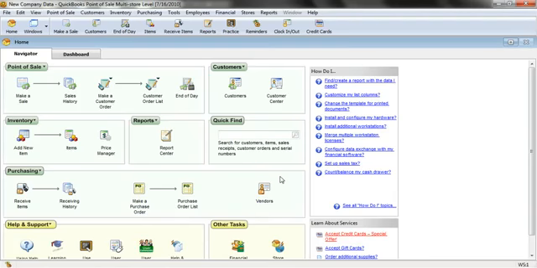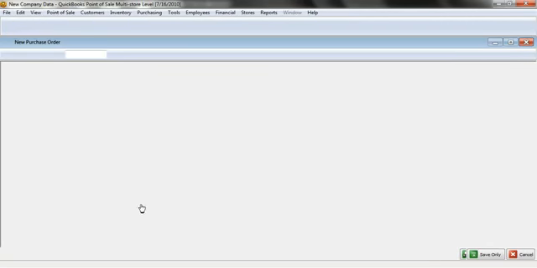All right. So we're going to begin in QuickBooks Point of Sale, and I am using version 9.0 for this tutorial, and then I am using Enterprise Solutions 10.0 on the financial side. So where do we begin? Well, we begin with the ordering process. You as the retailer are going to be ordering from your vendors. So you order, and then what should happen next is a purchase order should be created in QuickBooks Point of Sale. So we'll click on Make a Purchase Order from the main screen,